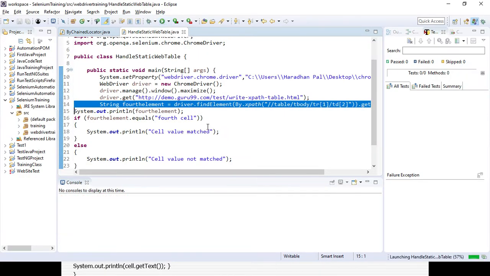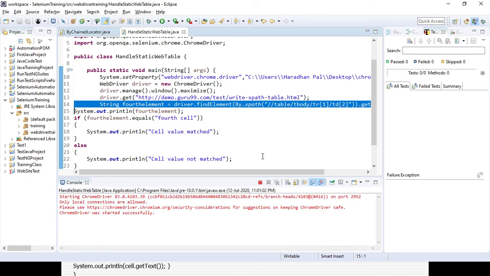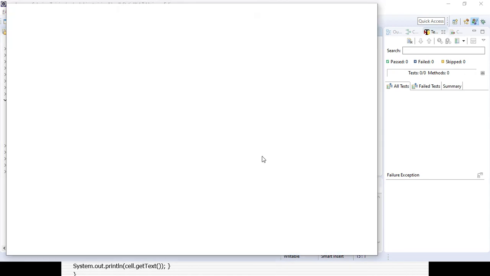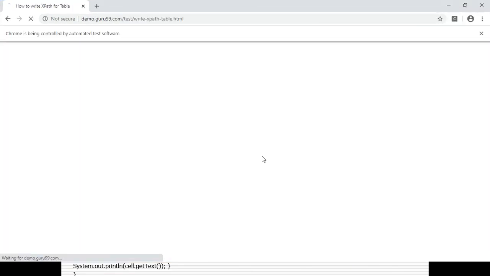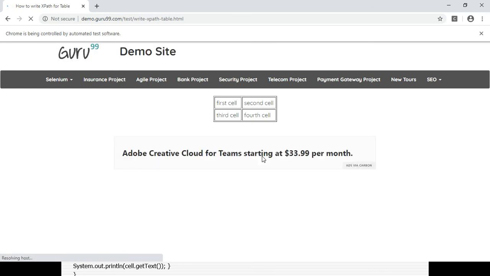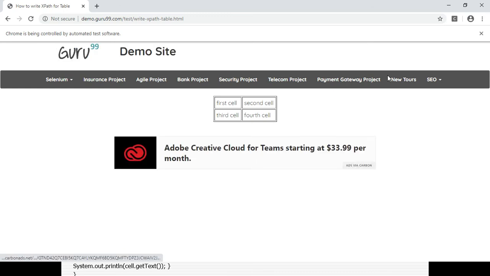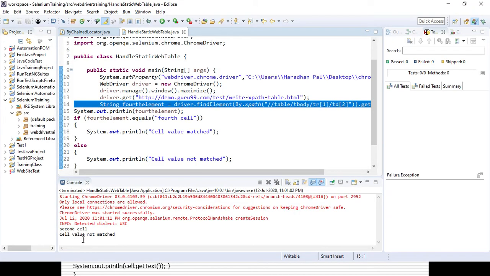You can see the else block is getting triggered here. So it will be second cell, and obviously the comparison will fail, so it will display cell value not matched.